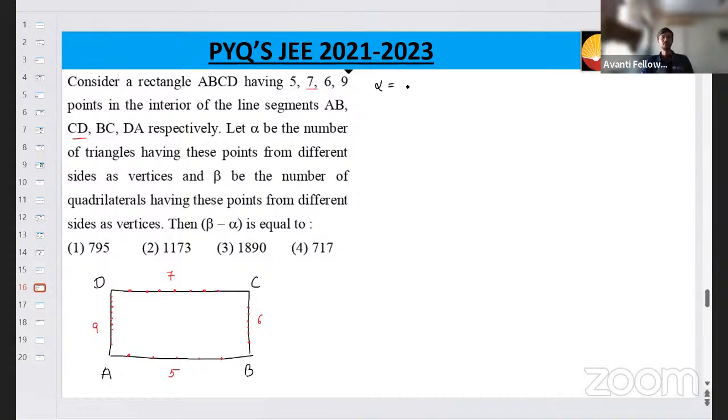So then we have to select 1 point from each. Correct? So for sides AB, BC and CD. So let me write AB, BC, CD. Or we can take BC, CD, AD. Or we can take,